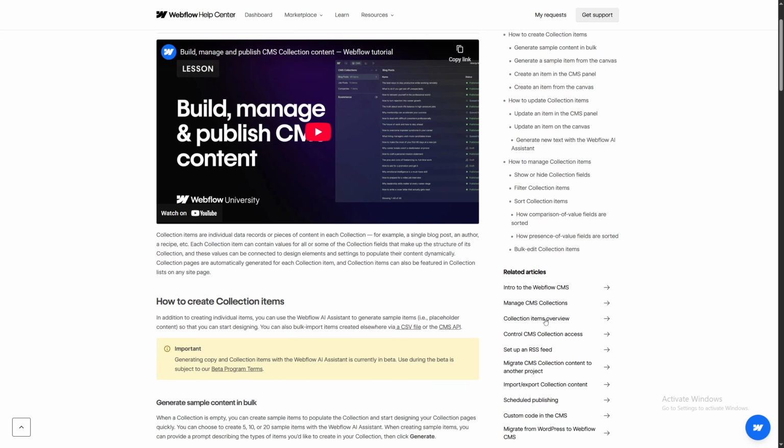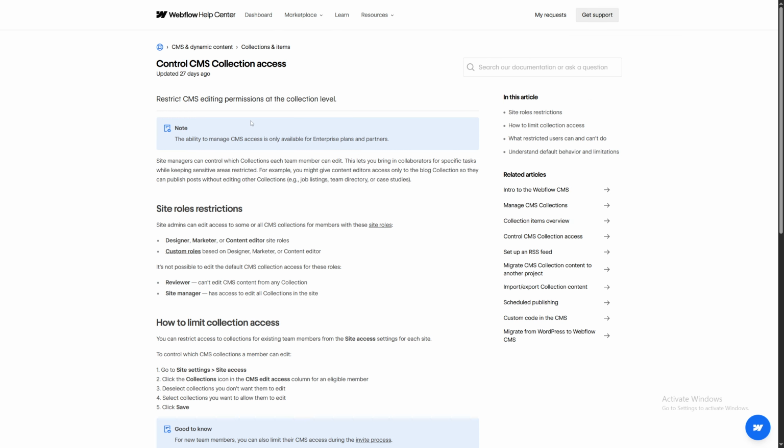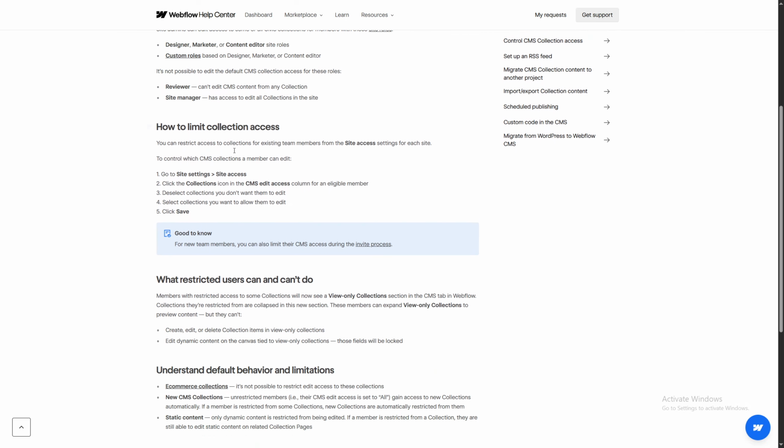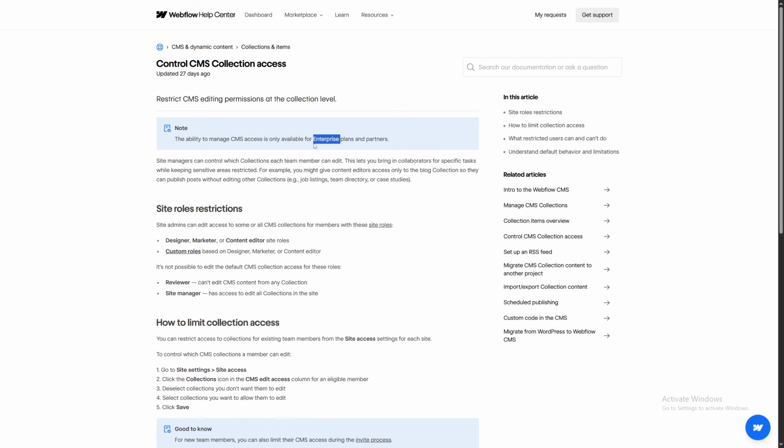And what else do we have here? Control CMS collection access. We don't need to know much about this for now. Let's just see the roles. The ability to manage CMS access is only available for enterprise plans and partners. So this is when we become big in the Webflow environment. When we get big in the business,